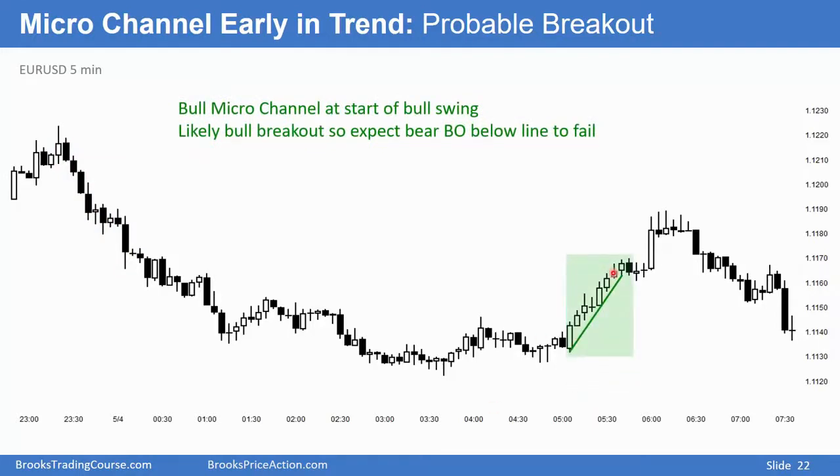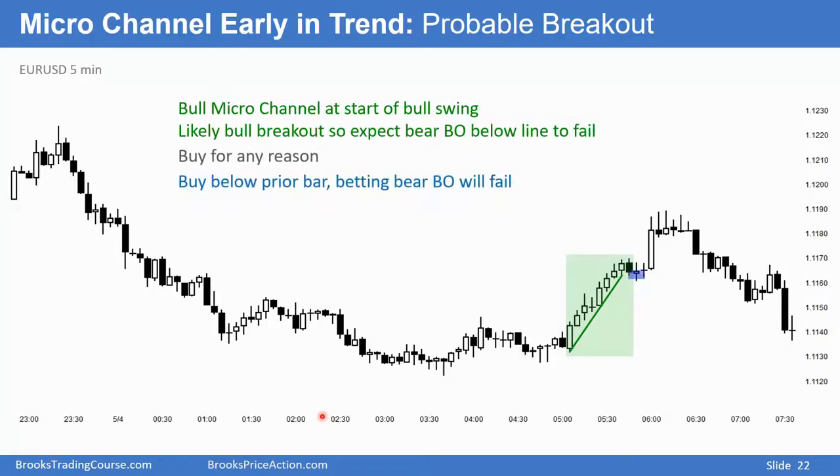We're getting a series of bull bars here. Higher low, major trend reversal. Bear trend, bull breakout, higher low. Head and shoulders bottom, left shoulder, head, right shoulder. Here, we're getting 3 bull bars, and then a doji bar, 4, 5, 6, 7 bull bars. This is probably strong enough so that we'll get at least a small second leg up. Therefore, the first bear break below the bull trend line will probably fail, and bulls will look to buy the reversal down, betting that it'll become a bull flag instead of a bear trend.